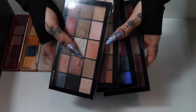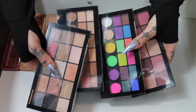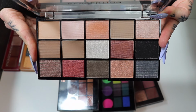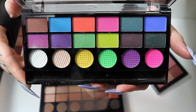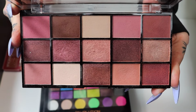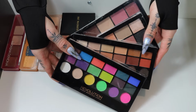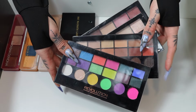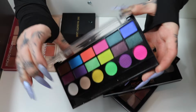So I kept a whole bunch, let's get rid of a bunch. I have some Makeup Revolution eyeshadow palettes. I've got the Reloaded Authority palette, Ultra Neutrals, Ultra Color Explosion, and lastly, the Reloaded Provocative palette. And again, same kind of deal with this bundle here. They are very old, they've gotta go, but I am gonna be hanging on to the Ultra Color Explosion because